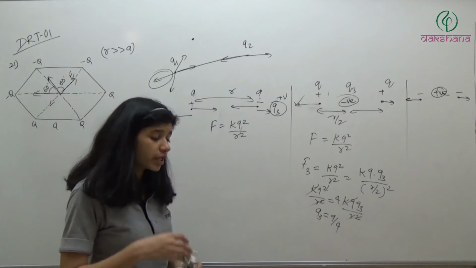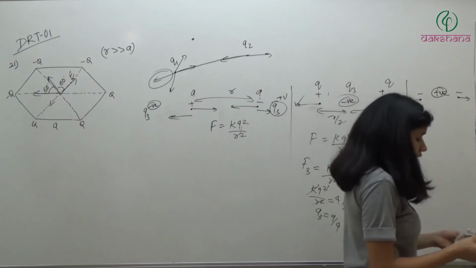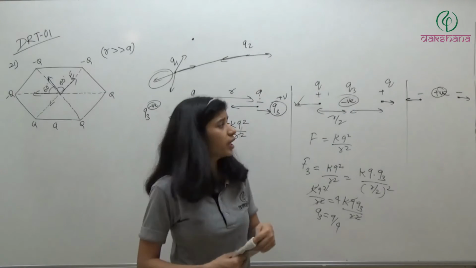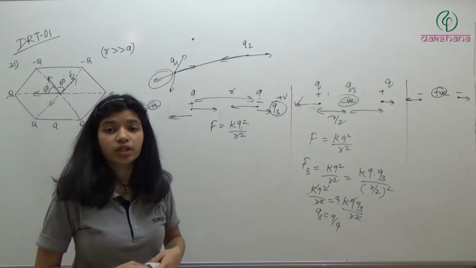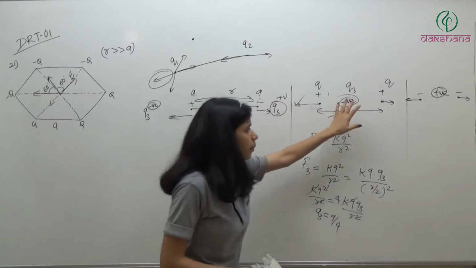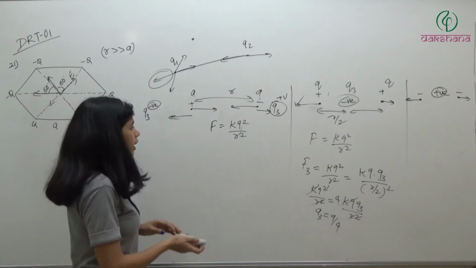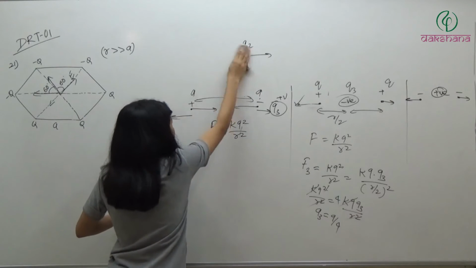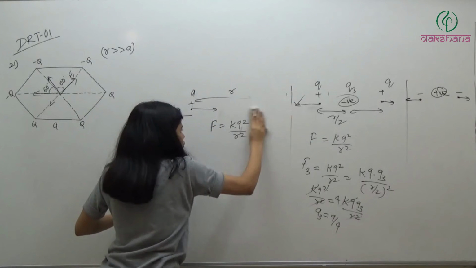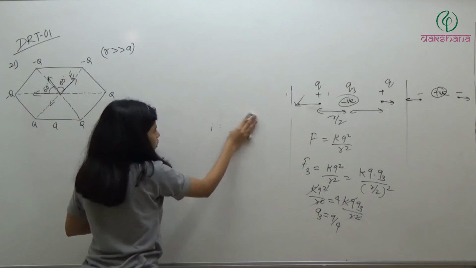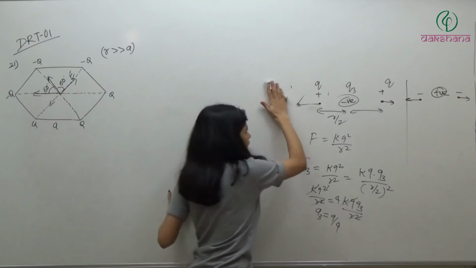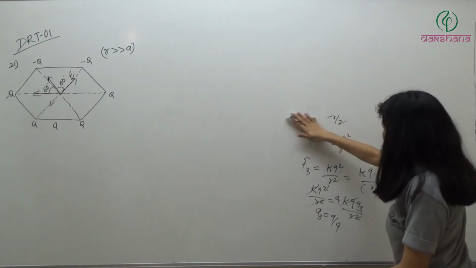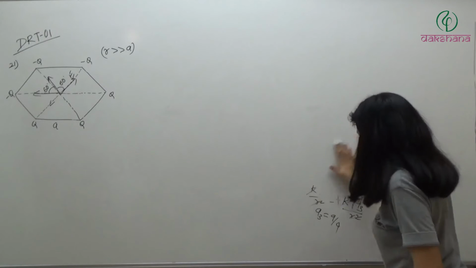And you must have done these types of questions many times, so you must have got an idea by now that we do not need to solve this much. If you place any charge here, it should have a different magnitude, otherwise it won't be able to cancel the force due to the first two charges. So all of those are correct. And understanding this well, you can keep it in mind, right, how things come.